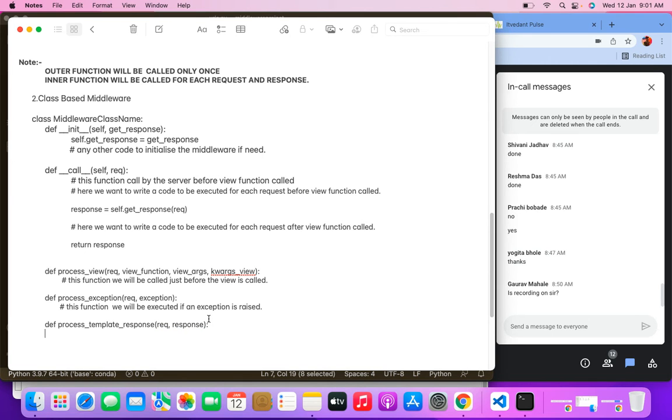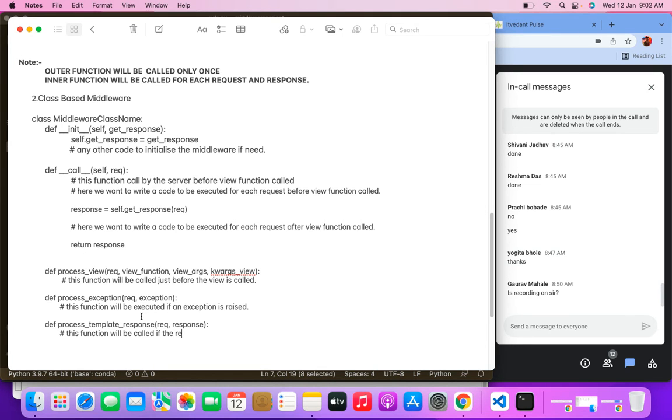When this function will be called, or we can say that it will be executed, whatever you call it, if